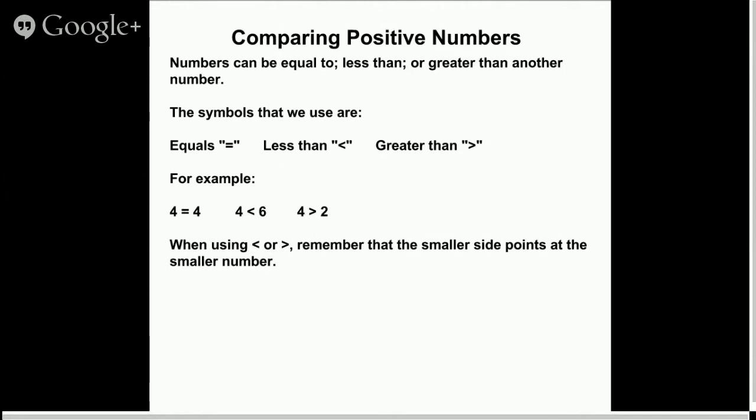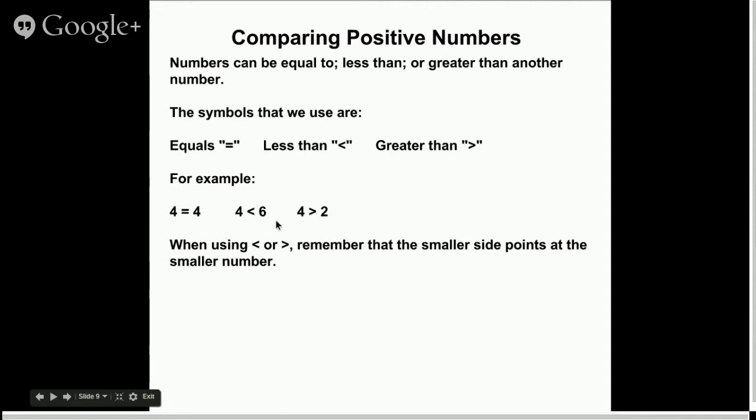All right, so we have different symbols that mean different things. So if you have numbers that are equal to each other, obviously use the equal sign. Okay, less than or greater than. So depending on which number is greater than or less than,